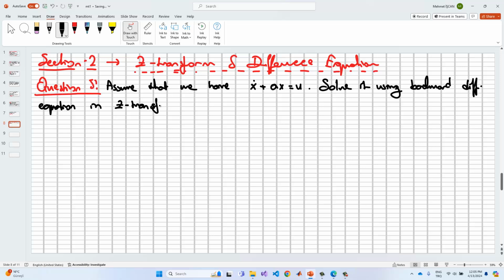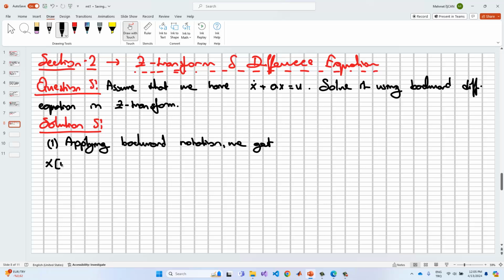Okay. So the solution can be written like, firstly, applying backward notation, we get